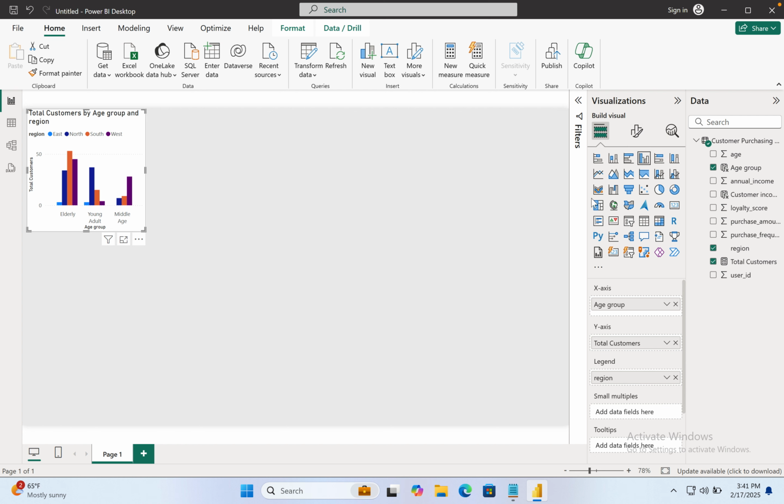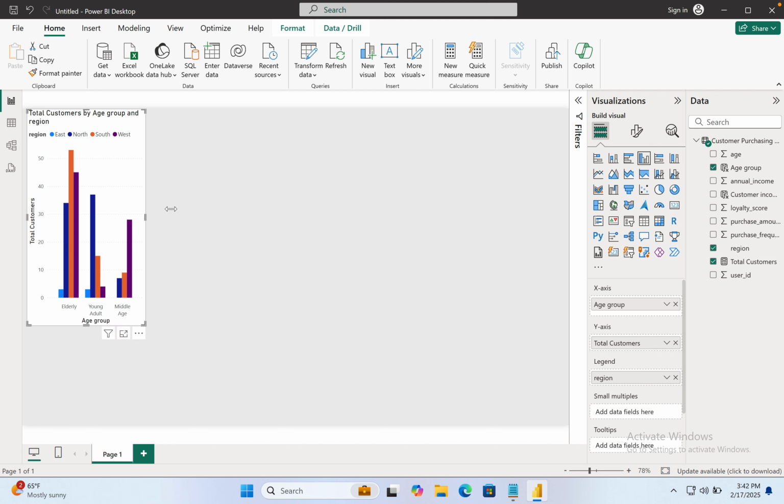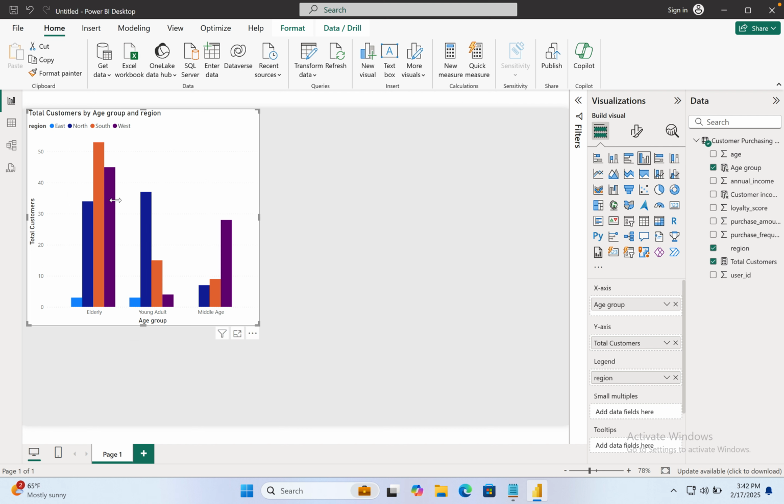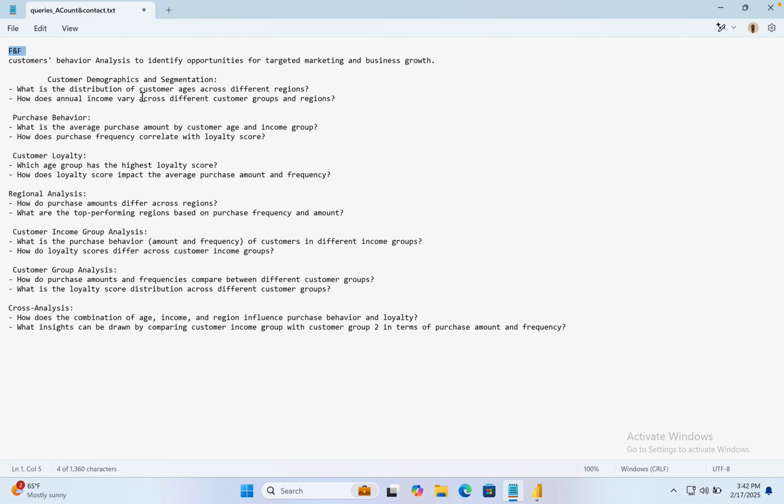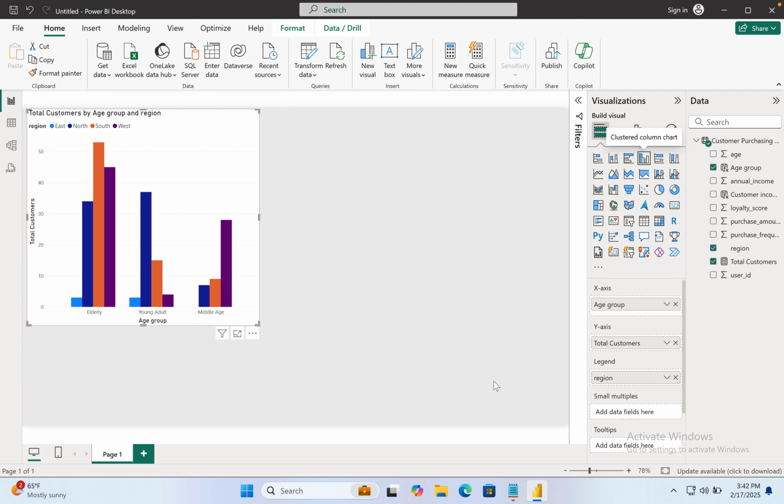column. It's a column chart. So I have my customers in different age group and region. So I have elderly here, different age group and customers. Distribution of customer ages across different regions. Ages across different regions, so you can say